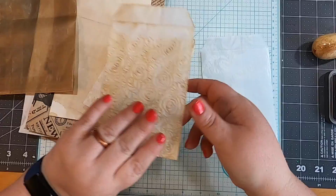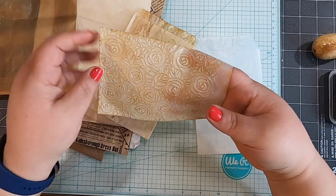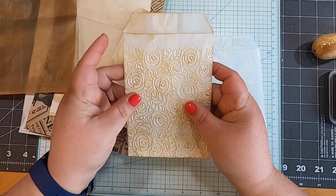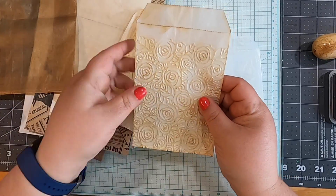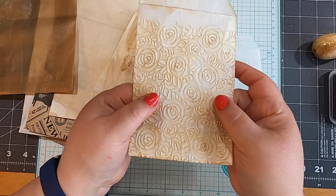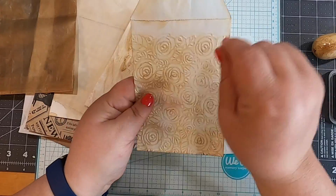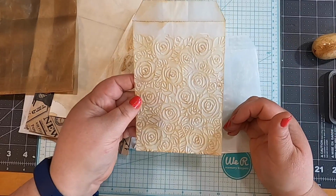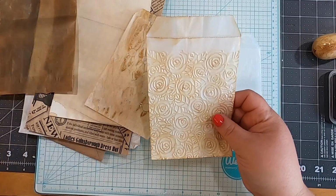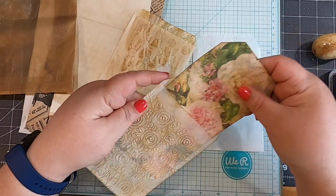And then this one, same bag, but I put this one through my Sizzix Big Shot with an embossing folder on it. So now it's been embossed, and then I went over it with my inker real lightly and picked up the pattern, so it pulled it out, and now you've got this kind of cool floral one. So if we put our floral tag inside of it,